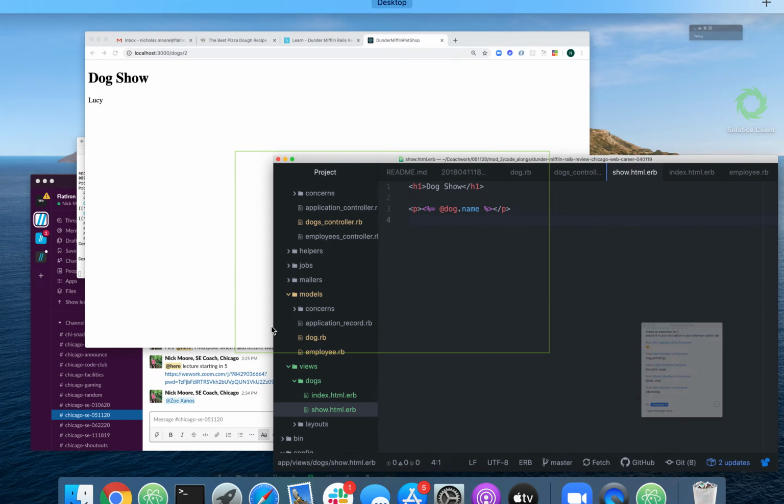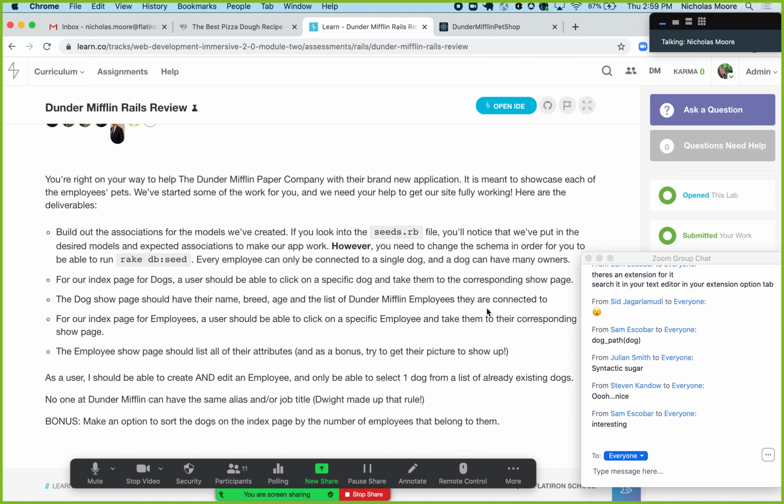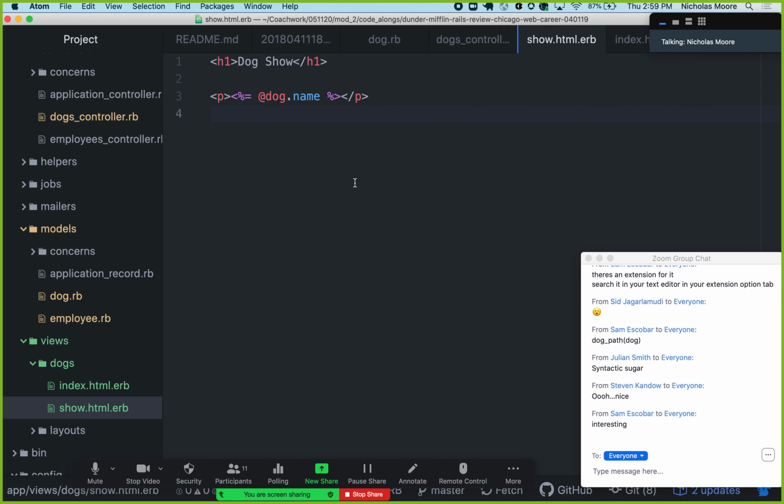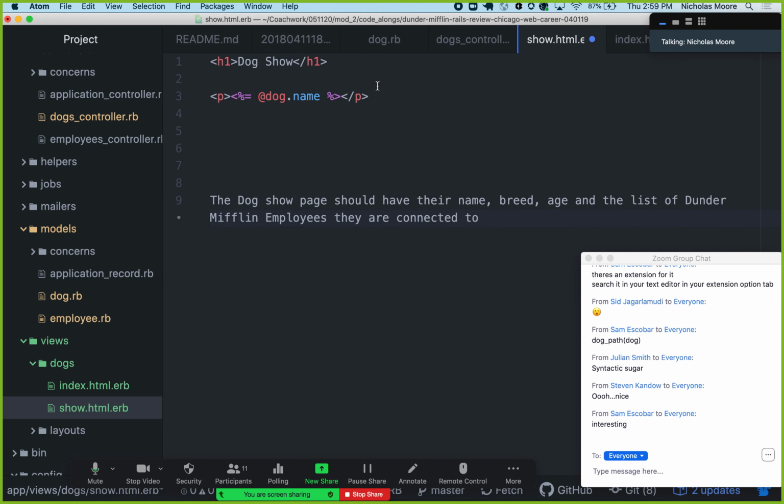I took that away. Okay, I'm going to copy in the requirements again. I lost it off my clipboard. And I'm going to use this to build all the information. So we have the dog show as an H2, but let's change this to the dog's name, right? And if I wanted to get the dog's name,